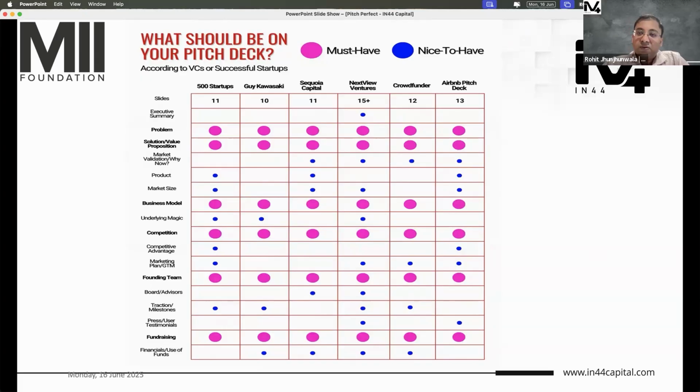And because I see 5,000 companies out there, there is a high chance that I will see a lot of companies which I like, but I may not be able to invest in all of them. So if you are a good company and you have a potential for investment, if your pitch is not well made, there is a high chance that investors won't look at it because there are other opportunities out there as well. No investor is saying that I want to be a part of every good company. They are saying I will be a part of good companies I can sort of be a part of, right?